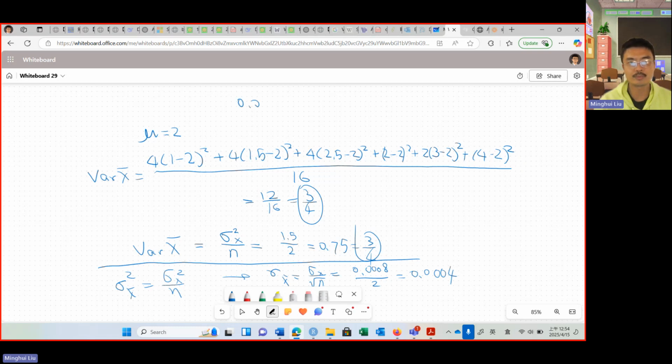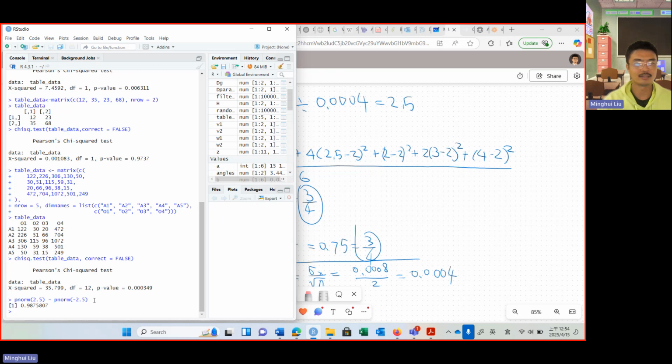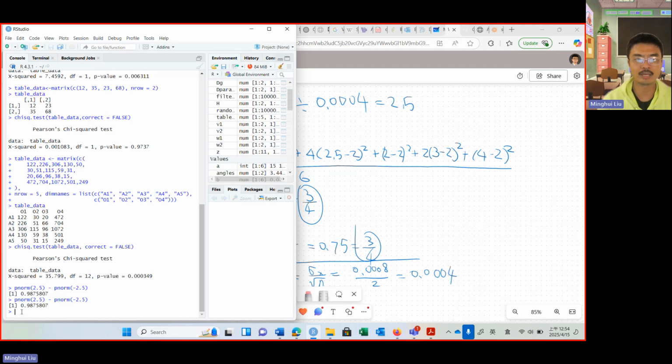0.0010 divided by this sigma x bar, which is 0.0004, will give you 2.5. Or in other words, we're basically asking what is the probability that this number is within 2.5 standard deviations away? And this can be calculated by this command, pnorm(2.5) minus pnorm(-2.5). And the result you obtain is about